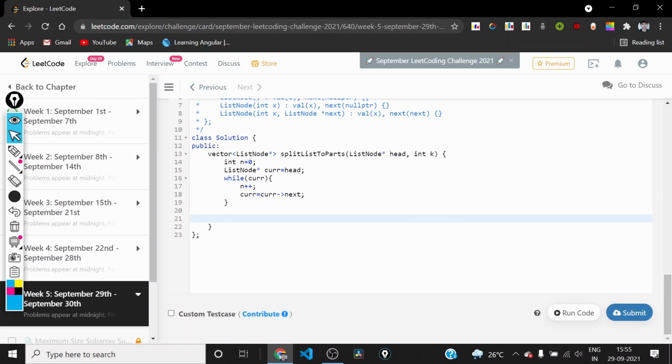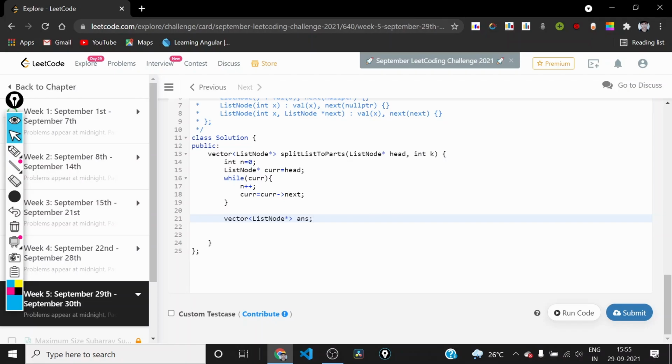So now we have got the size n. Now what we can do, we can have an answer vector, basically a vector of ListNode star. So this will contain all the head nodes for all the split parts.